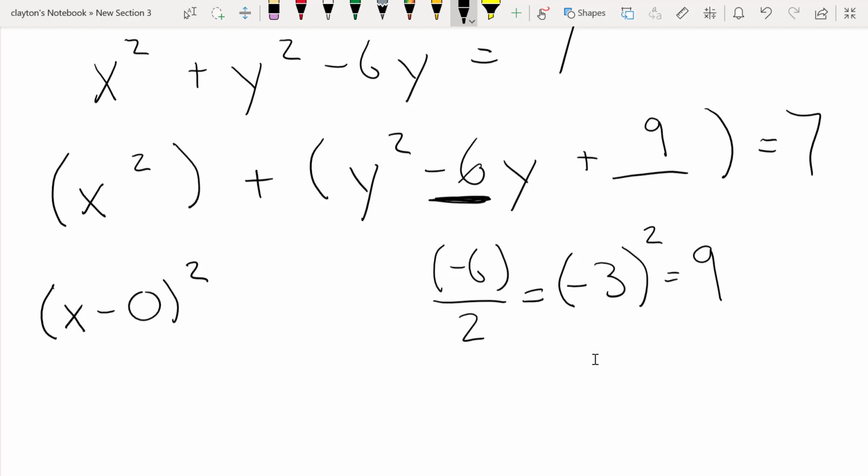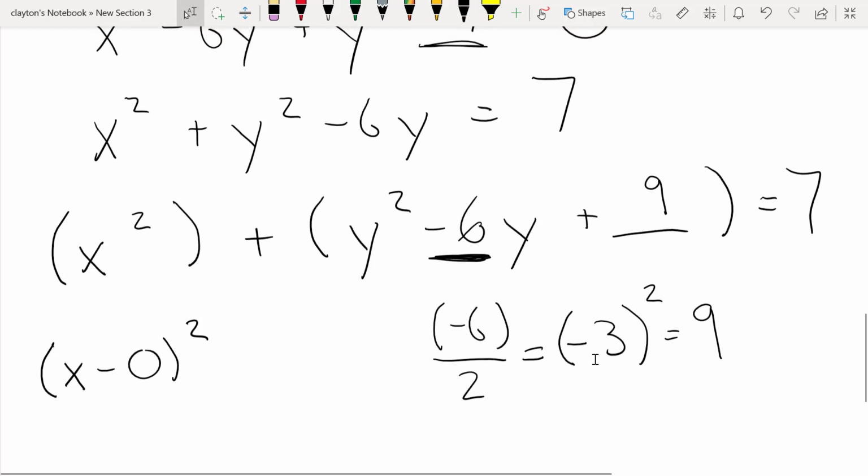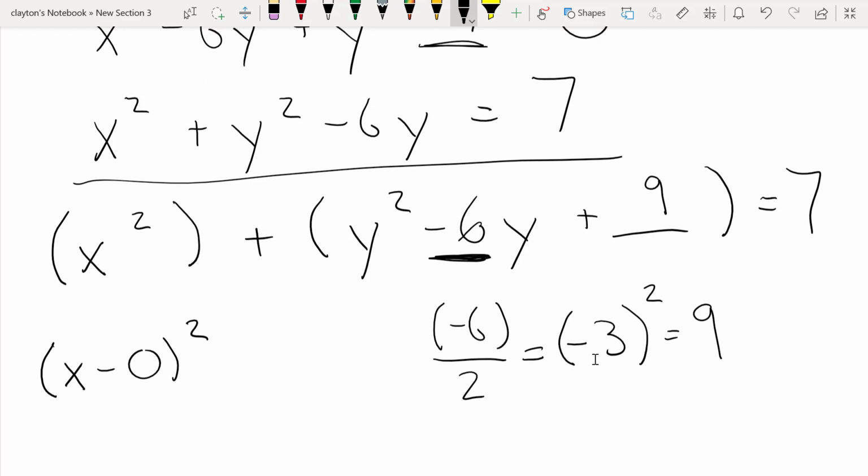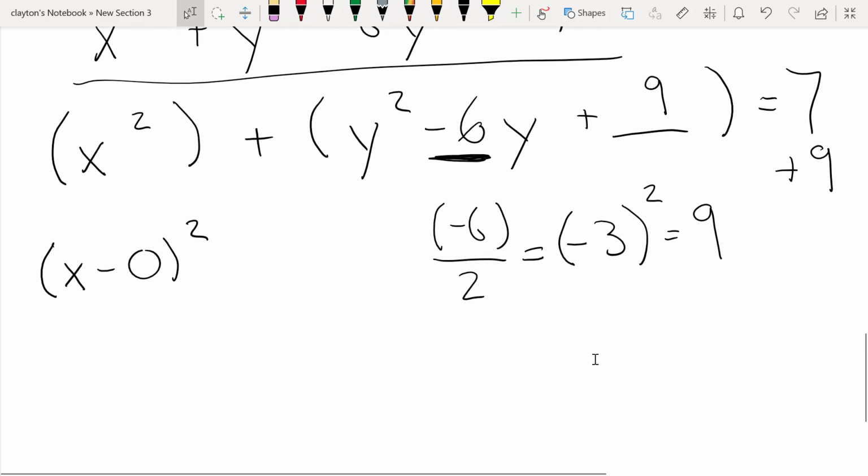Now some of you may have noticed, wait, from our original equation, we can't just throw a 9 in there. We just added 9 out of nowhere. Well, you are correct. But if we add 9 to the left side of this equality, I have to add 9 to the right side. And so now once we've added 9 to both sides, I have x squared